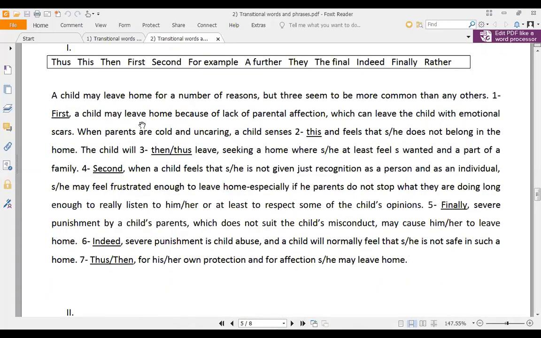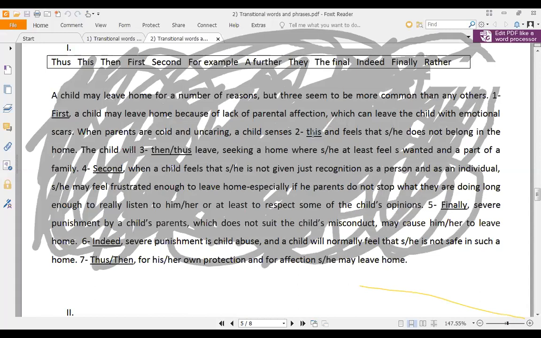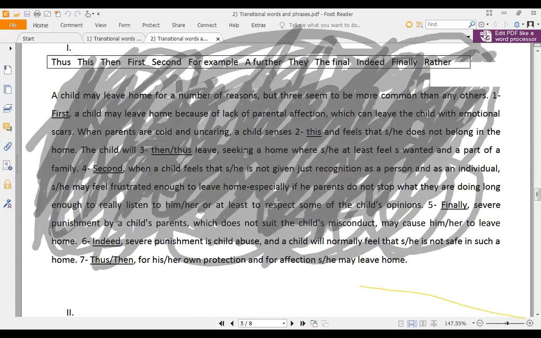A child may leave home for a number of reasons, but 3 seem to be more common. First, a child may leave home because of lack of parental affection, which can leave scars. So here we have first, like it's the first reason, which is a transitional word giving you order. Yes, continue. When parents are cold and uncaring, a child senses this and feels that he does not belong in the home. The child will thus leave seeking a home where he at least